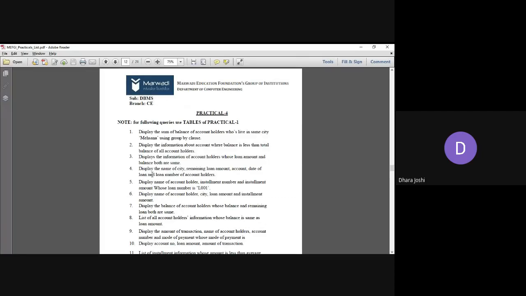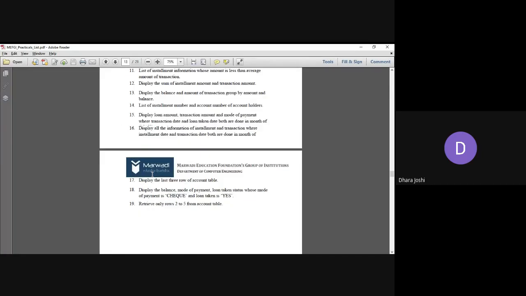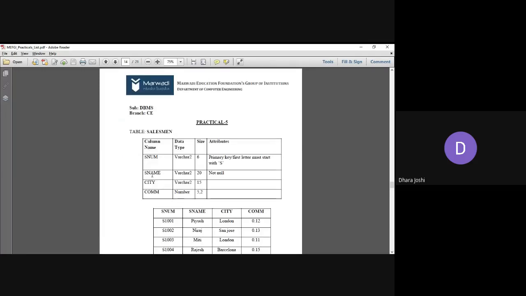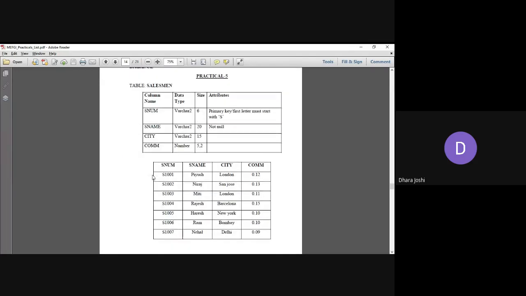Practical 1 and 2, you can do with the help of select star from table name, and the same records which are given in the question you get as a result. If this record needs to be inserted, then whenever you do select star from table name, you have the same result. That's why if you don't put it there in practical number 1 or 2, it will be fine, but in practical number 3 and 4, add the screenshot so it will be easier for you and the evaluator also to identify whether the query is correct or not. Okay.